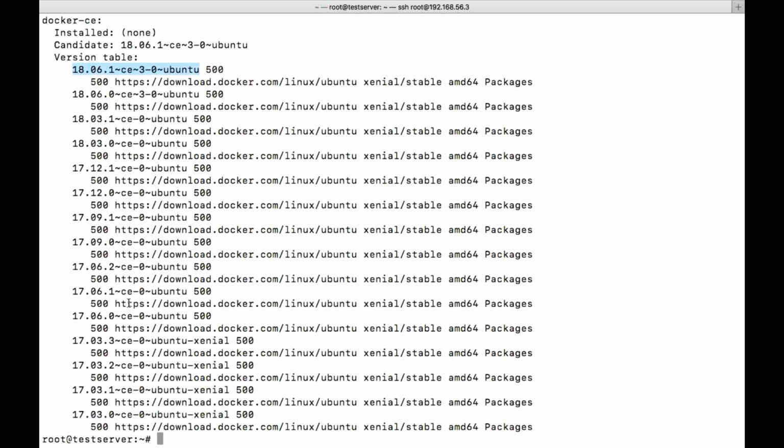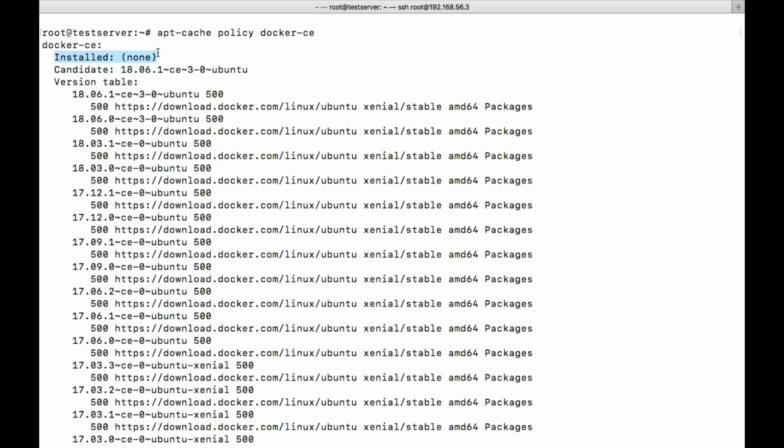By default, which version will be installed? This is the one, the latest one. In the candidate section, you can see which version will be installed by default if you don't specify anything. In the install section, if the package is installed, then it will show you, but here it is not installed, right?